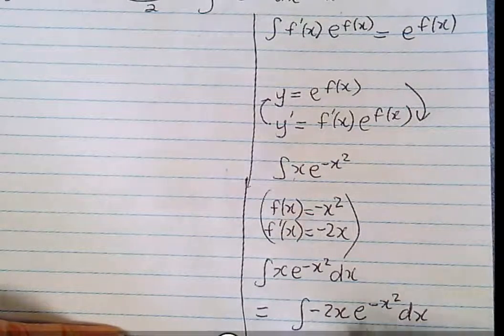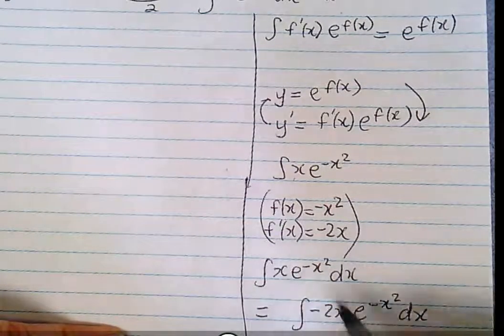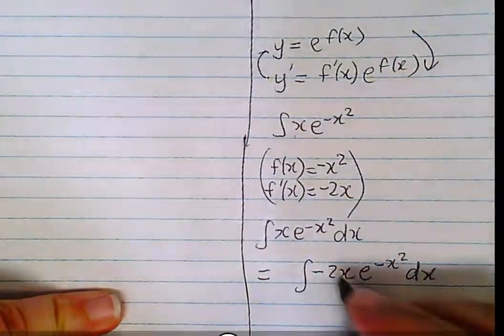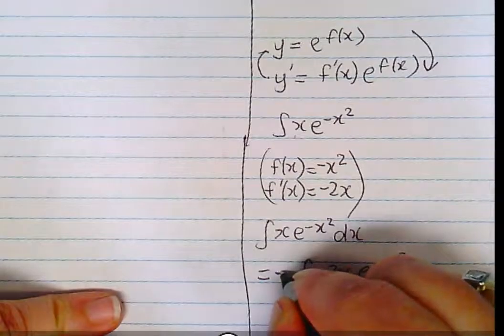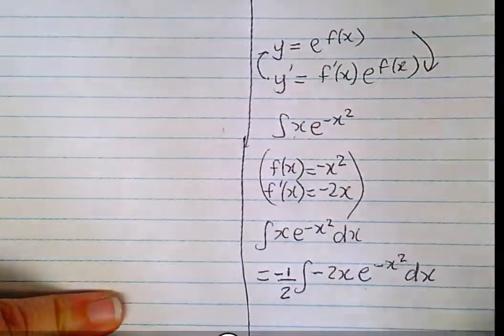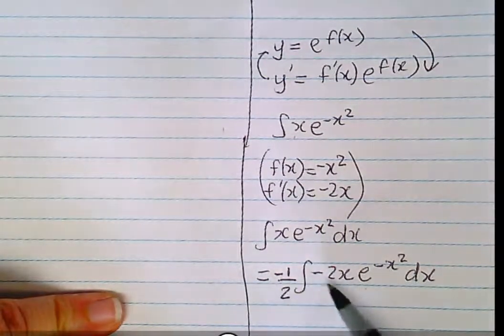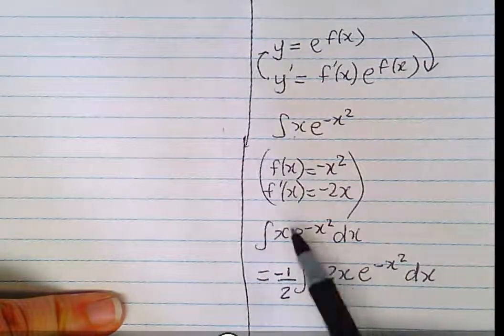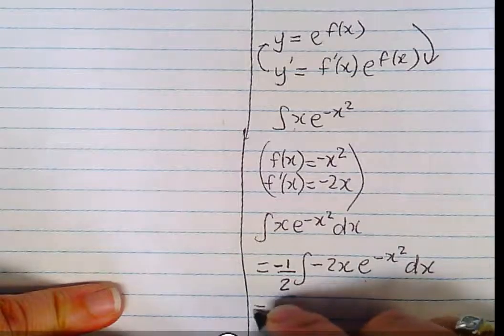And the only thing that's stopping this from looking like that is this negative 2. So I have to balance out or adjust for this negative 2 on the numerator, and that would be a negative 1/2 out the front. Because if you multiply negative 1/2 by negative 2, you get positive 1. They will cancel, and it just looks identical to the question. So therefore,